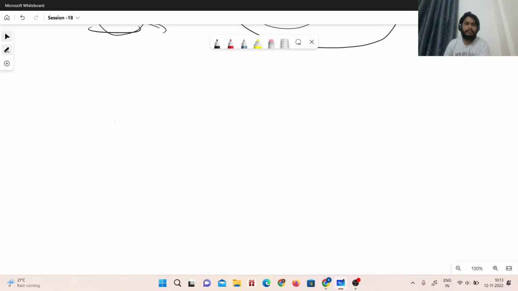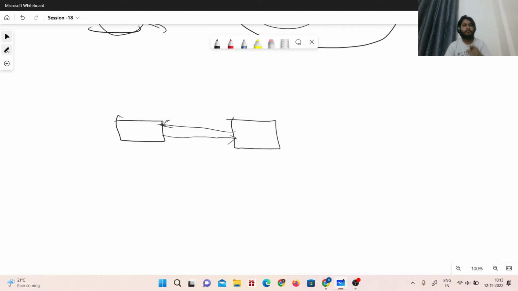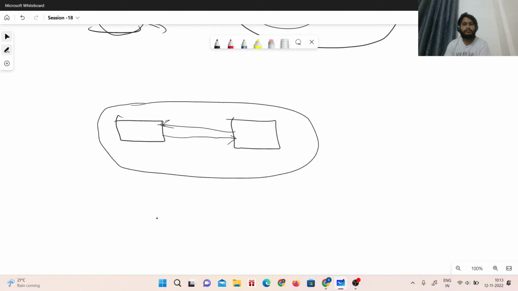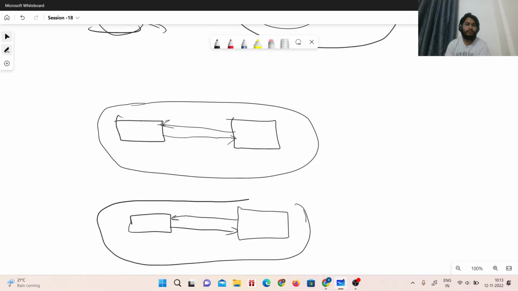Let us assume we are in one network and we have two systems. We want to connect the two systems. What can we do? We can simply create one route, and with that route the system can talk with the other one. It will work in a simple way. But when this system is in one network and this system is in a different network,